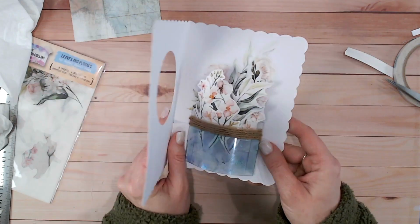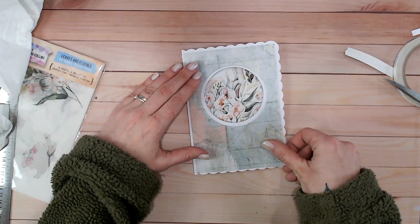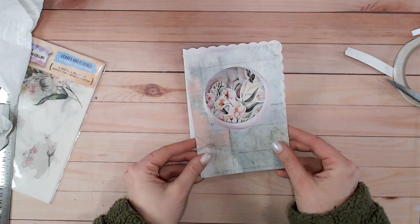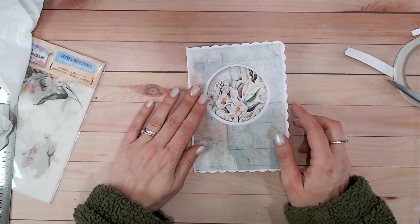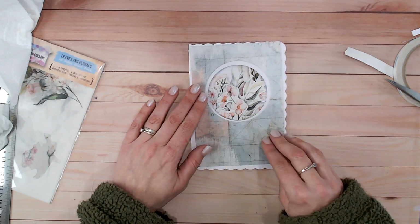Absolutely beautiful. Okay, so final bit of decoration, well, final bit of the mechanism, I guess. We're hiding the mechanism now, and that's what this front cover was for. So I'm going to adhere this down just on the front here. I might add a little bit of some darker ink around the edges of this first, and then we'll look to put a sentiment